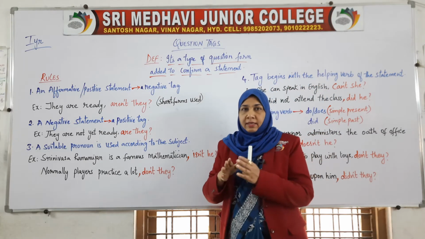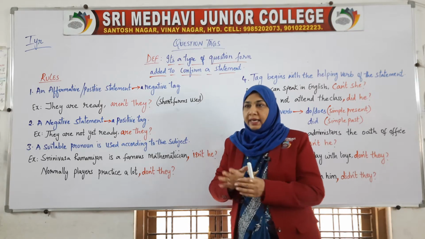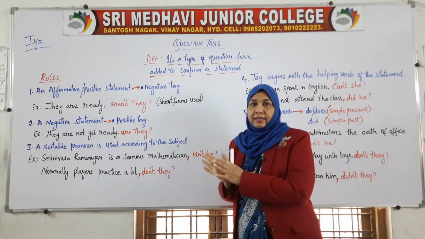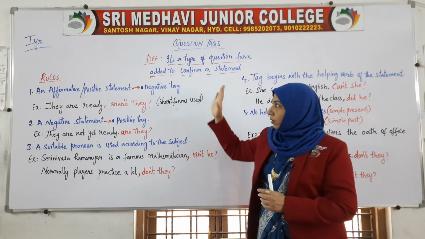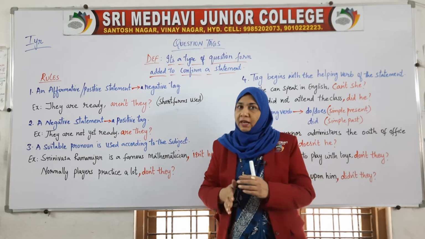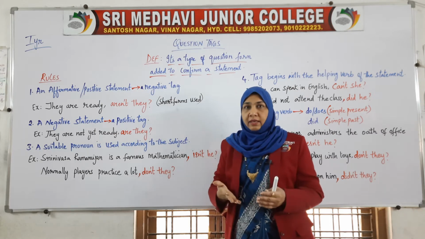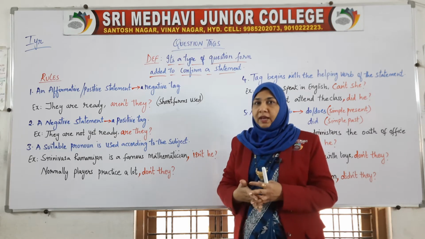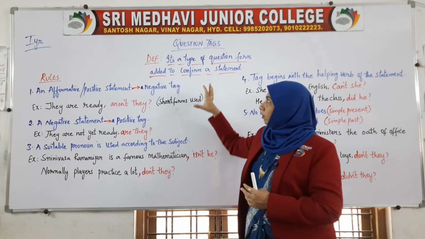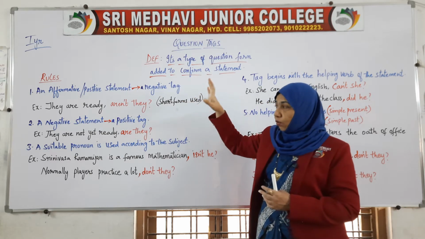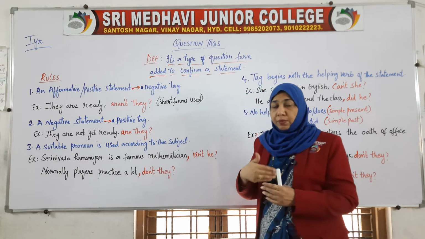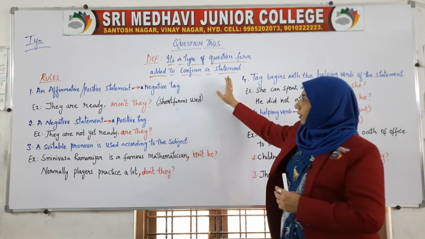A question tag is nothing difficult to understand. There is a statement, and to confirm that statement we add the question tag. There are certain rules to follow, because every language has rules and criteria. If we want to speak a language, we need to learn the basic rules. Here also the basic rules are there which we have to follow, and I hope everybody knows them. You must have heard these rules and you must be following them. So first, get the definition.